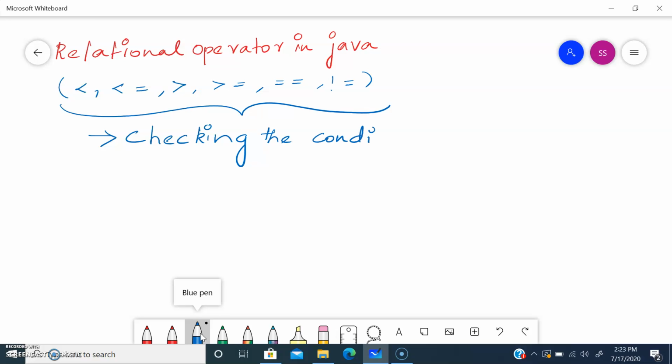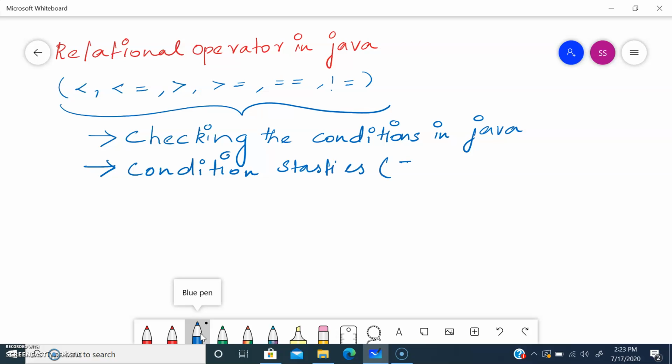Checking conditions in Java. If the condition is true, or if the condition is satisfied, then it is going to return true.